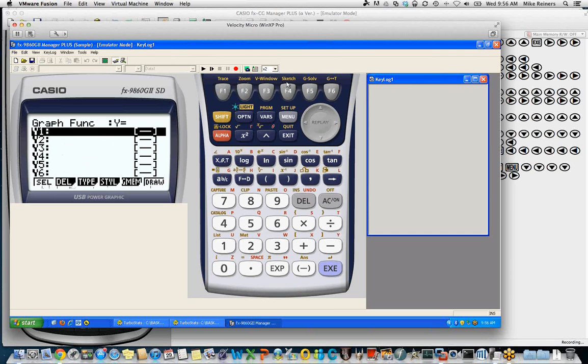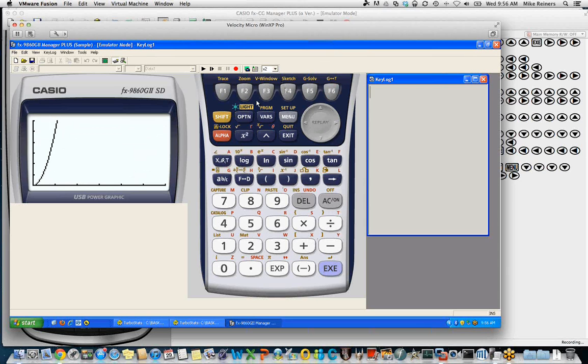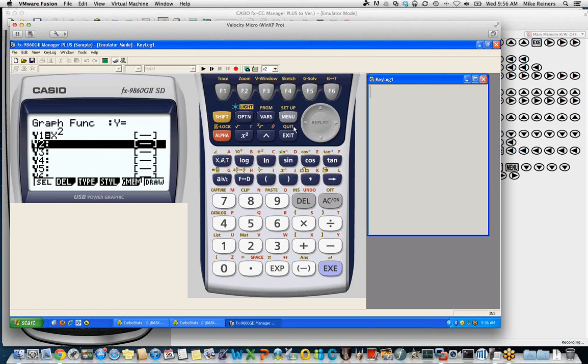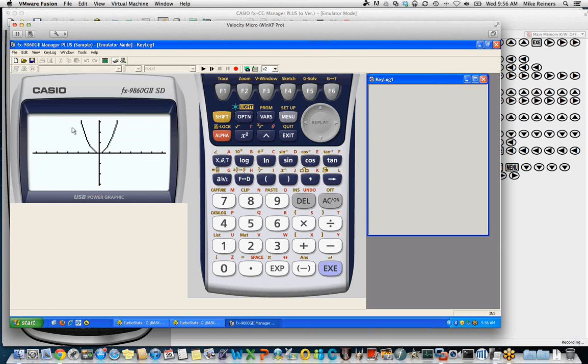And you'll see here's sketch right above F4. So if we were to graph x squared, you could use exactly the same keys that we had pressed before. You could graph it. Change my view window settings back to normal. Same graph that we would have seen before. No grid lines, no color, a little different, true, but here's the sketch menu. There's clear screen, there's tangent, there's normal, there's inverse, everything we've talked about today. Plot, line, circle, vertical, horizontal, pen, and text.